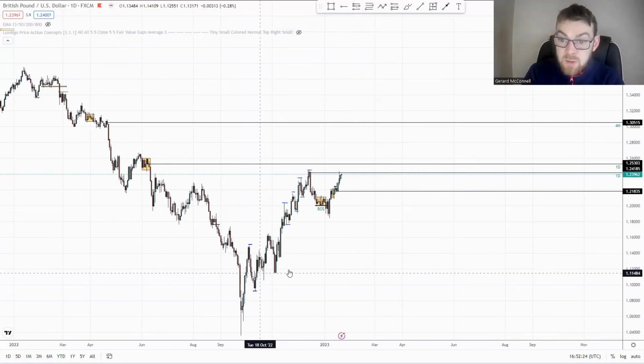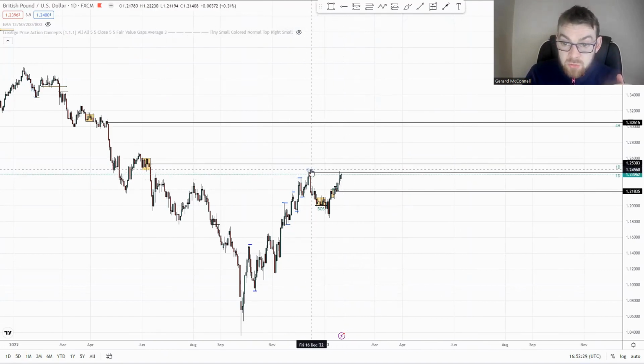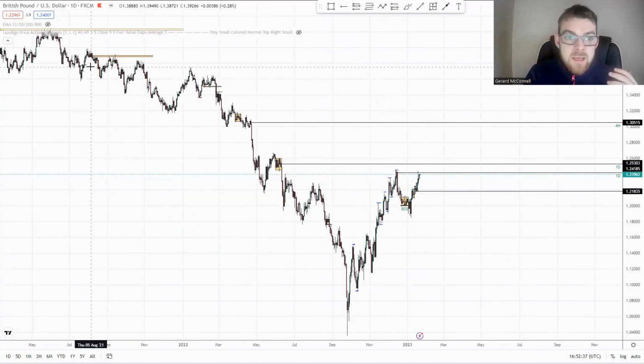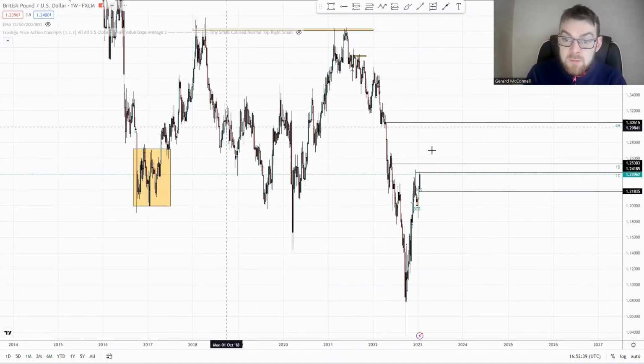Now, I suppose at this point in time, this area between 125 and the short-term highs of mid-December is really what's important. Does the market break above this level on the higher time frame? Because of course, if we see a closure above 126, then you're really looking at that higher time frame V-shaped